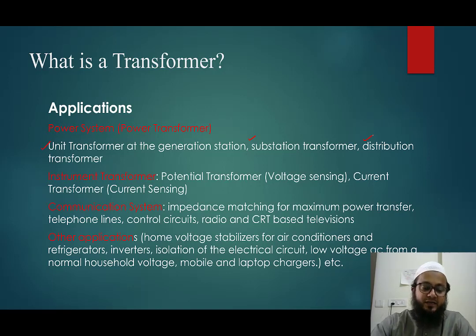There we used to have these transformers as well. Okay, the other applications you can think of in your household. So in the household, you can see the voltage stabilizers. Various voltage stabilizers. Earlier, even in small towns or villages, people used to keep a voltage stabilizer for televisions, or to maintain the voltage in their houses as well.